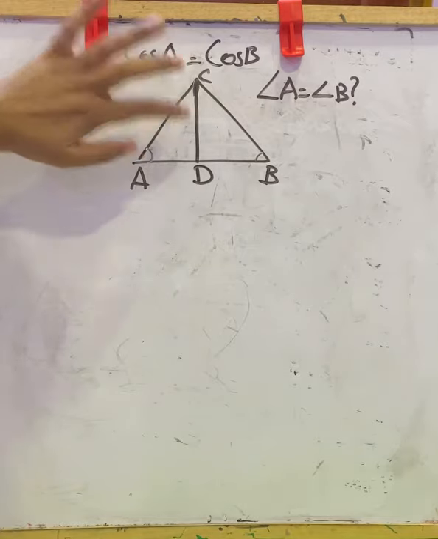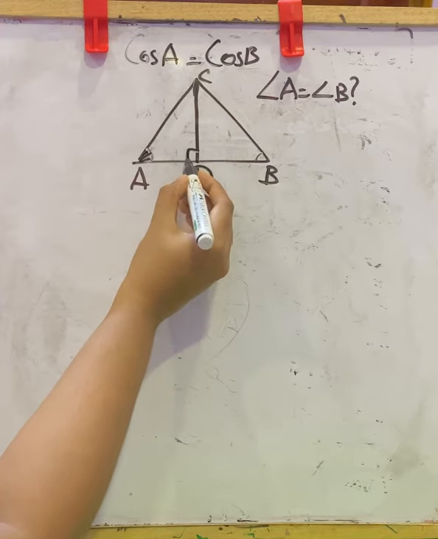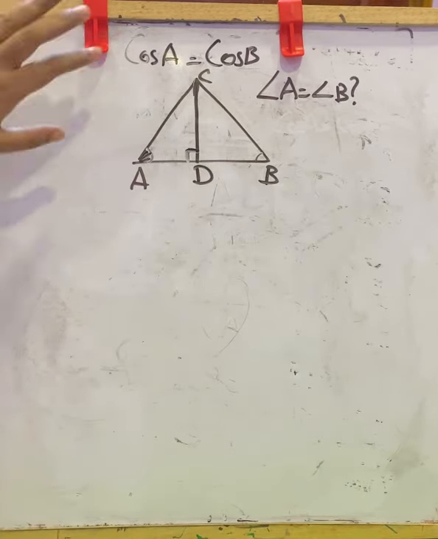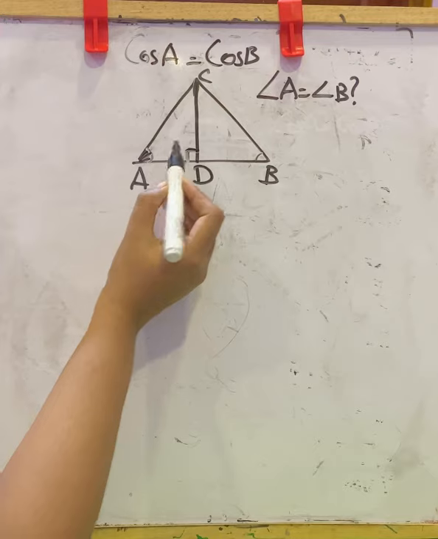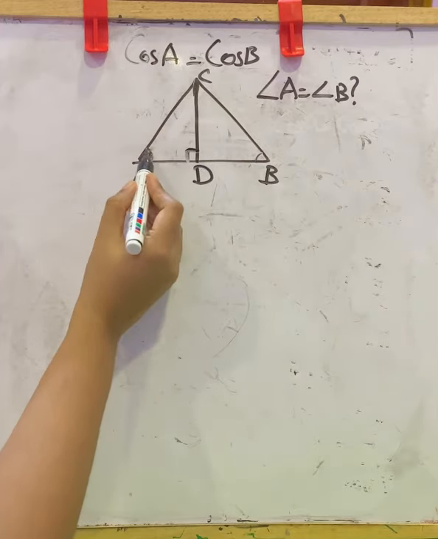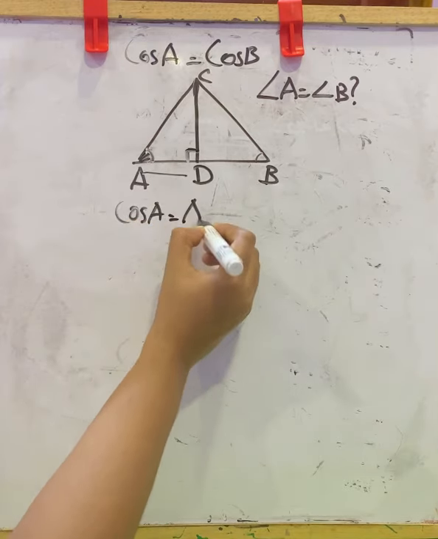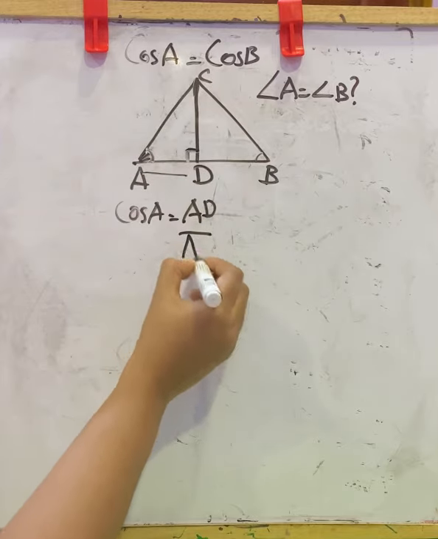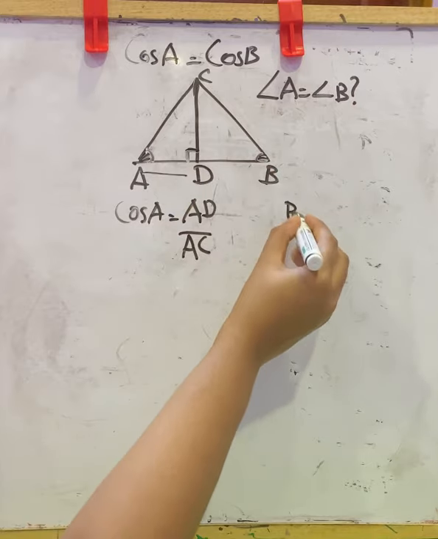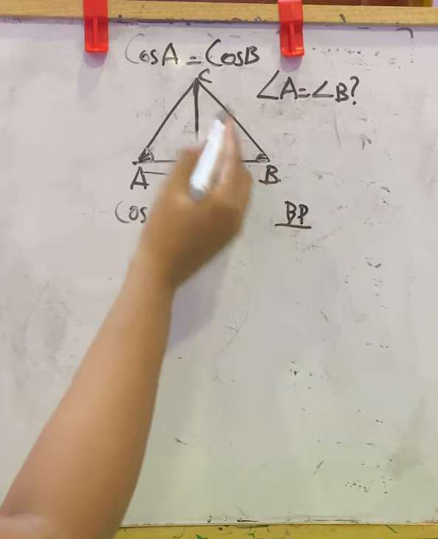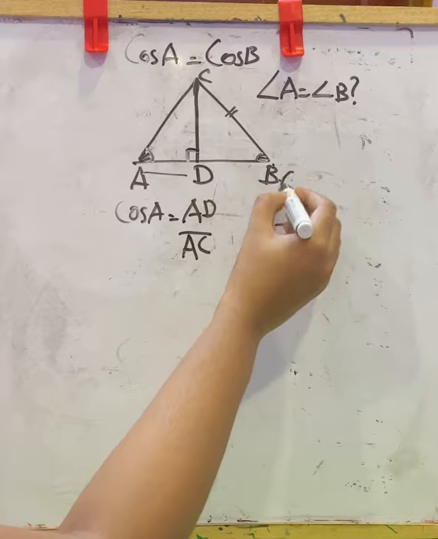Considering the first triangle, there we have cos A and this is 90 degrees. According to the trigonometric ratio, cos A is adjacent side by hypotenuse. Here consider only this triangle, in that this is the angle. So the adjacent side is AD. Cos A equals AD by hypotenuse, which is AC. Now we will take this angle. Its adjacent side is BD and its hypotenuse, in this triangle, is BC. So this is cos B.